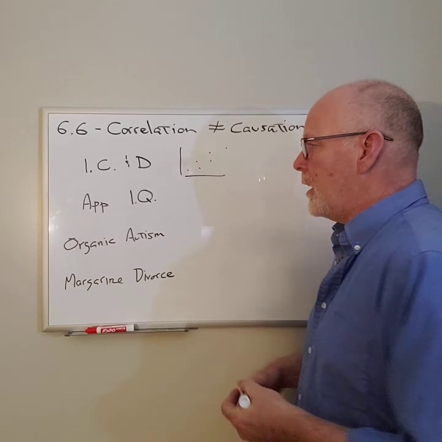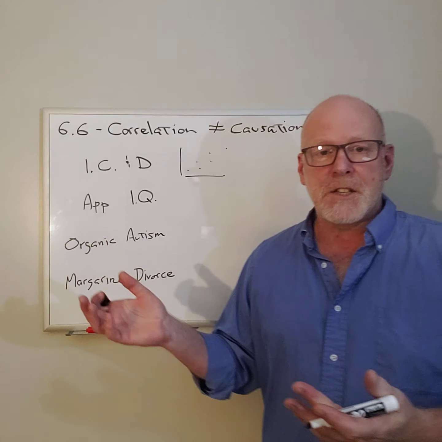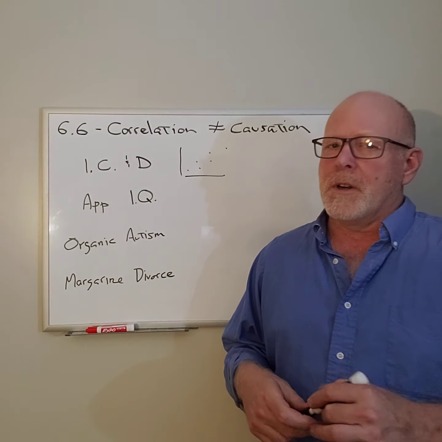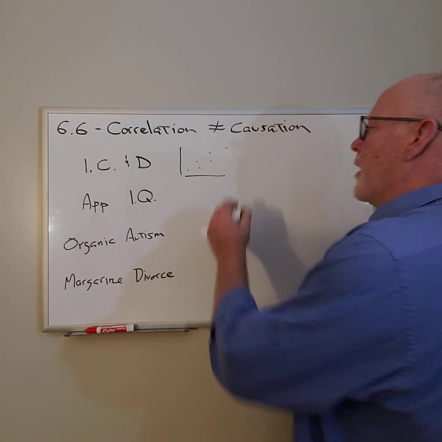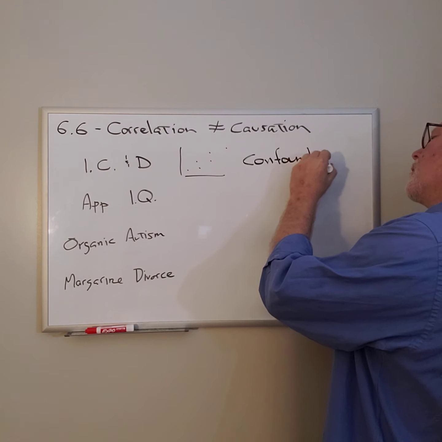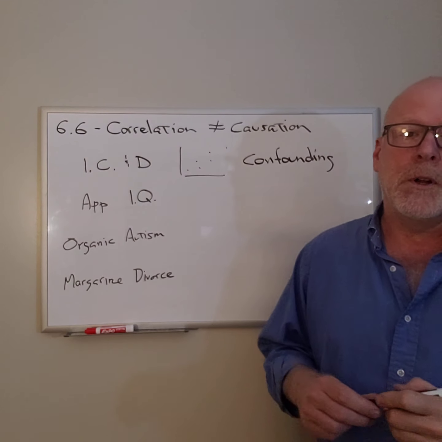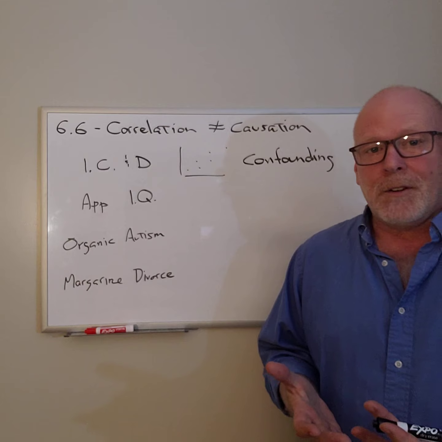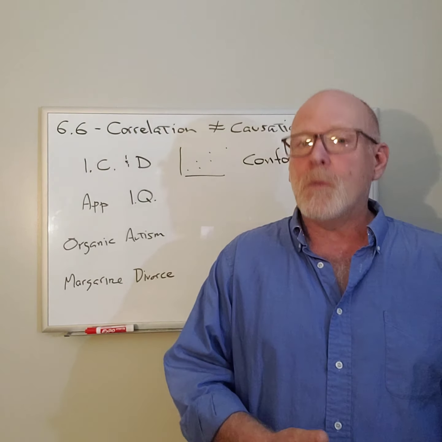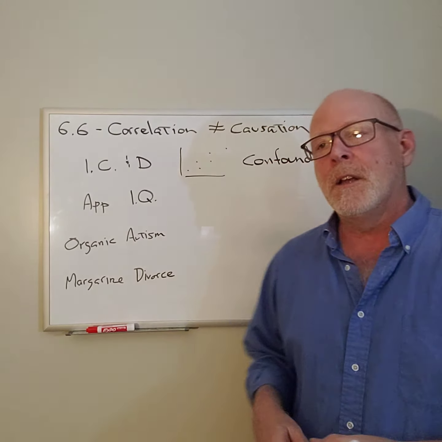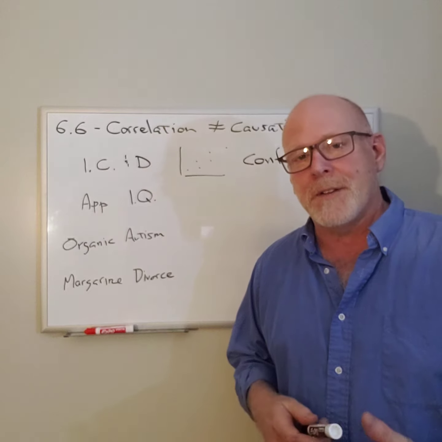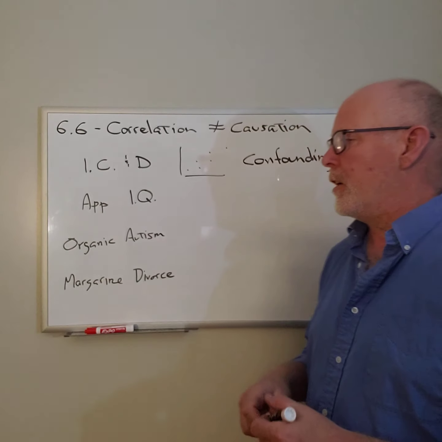And you could say, hey, look at that. People are drowning because they're eating ice cream, or maybe when people drown, other people go out and get ice cream. It doesn't work that way. What we have here is what's called a confounding variable. And that, of course, is the heat. More people eat ice cream when it gets hotter out, and more people go swimming, which leads to an increase in the drowning. So neither one of these causes the other. They're both a result of the same thing. That's called a confounding variable.